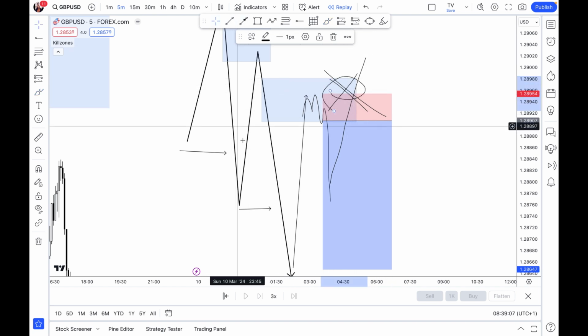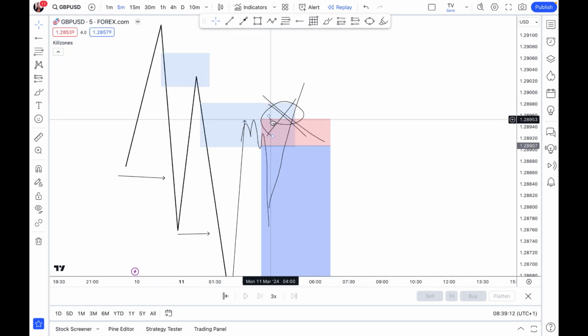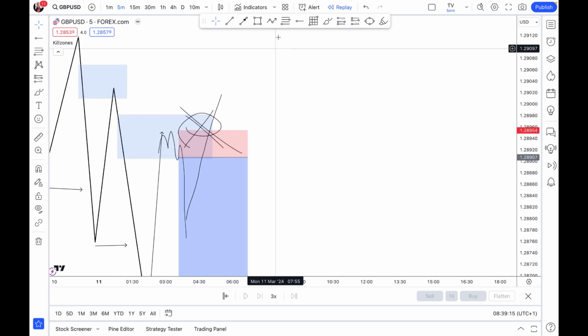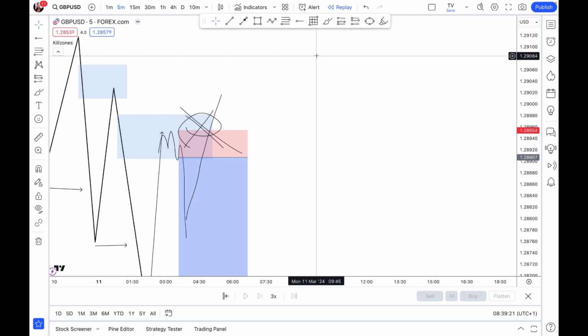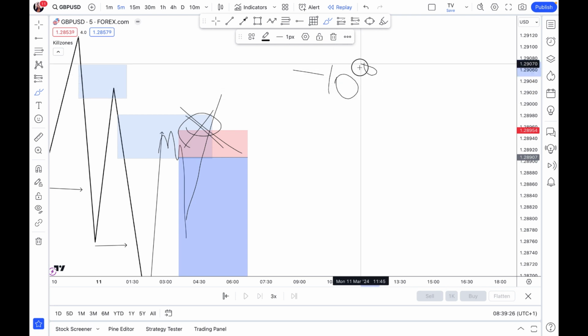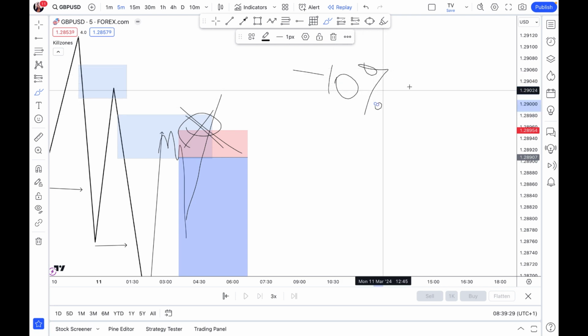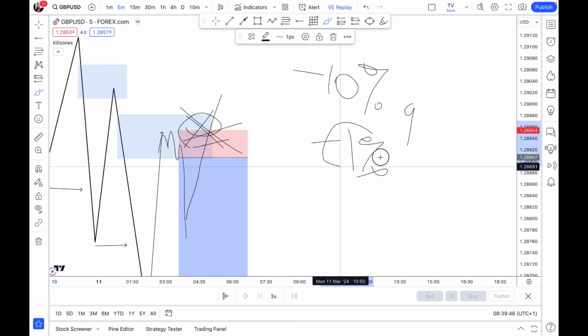Okay, so you don't want to be doing this, because there are times when your supply zones will fail, there are times when your demand zones will fail, but your risk management will allow you to be in the game for so long before probably losing your account. So let's take, for example, you have a prop firm account, and in most prop firms, you are able to lose 10% of that account before the account is blown or taken away from you. So now if per trade you risk just 1%, when your supply zones fail, when your demand zones fail, you just lose 1%. You still have 9% to go. Your other trades might actually be winning trades, and you are able to recover your 1%.